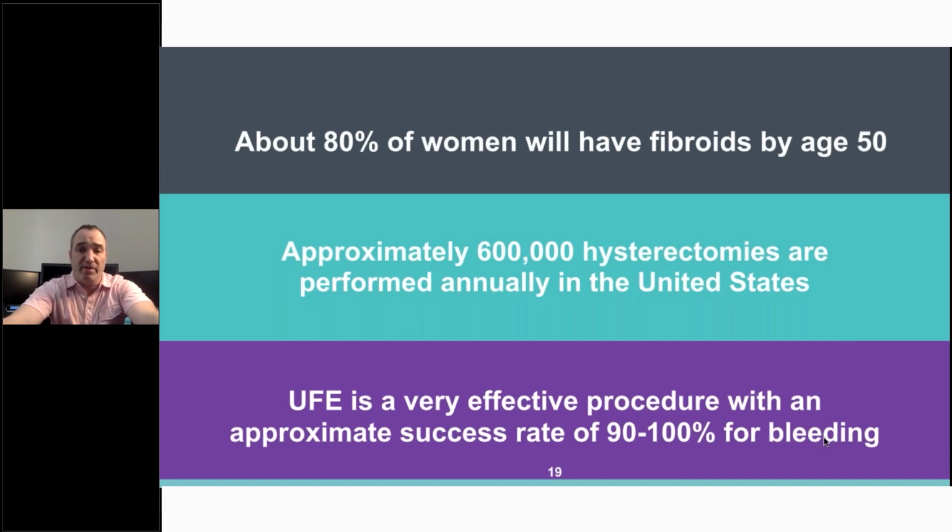So fibroid embolization is a very effective procedure with an approximate success rate of 90 to 100% for heavy bleeding. I say 90 to 100% because there are lots of studies out there. This surgery has in fact been studied more than any other surgery out there. As an aside, it turns out a lot of surgeries have never really been vetted or validated. Meniscal surgery repair for orthopedic surgery, when it was finally studied, was found to be no better than rehabilitation or physical therapy. So you can imagine when fibroid embolization came out and was competing, so to speak, against this procedure that was done by gynecologists for all these years and was considered the standard of care, the gold standard, it really had to be vetted.